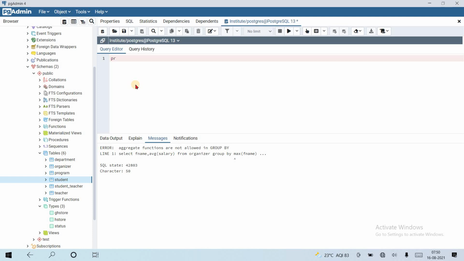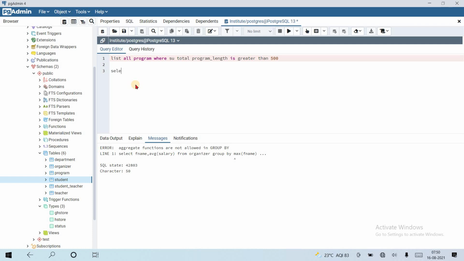I'm typing here: list all programs where the sum of total program length is greater than, suppose, 400 or 500.